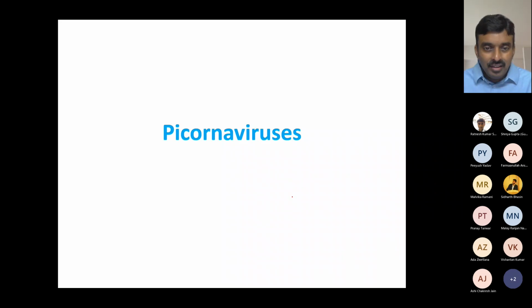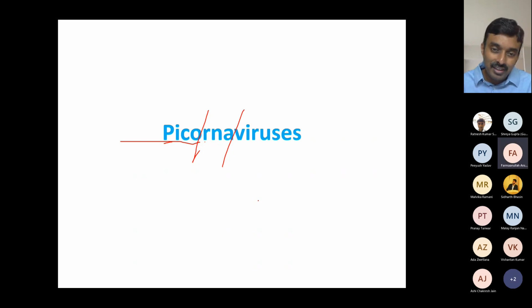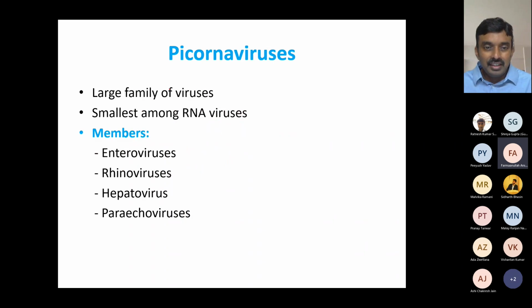Anybody wants to guess what this term may mean? I'm going to highlight some things to give you a clue. Does anybody want to guess? They are very small. Genetically, it's a range of RNA, picometer, and they generally have RNA as the other guys. Perfect. They're among the smallest RNA viruses. That's why they're called pico RNA viruses or picorna viruses.